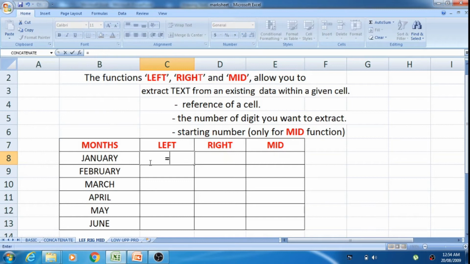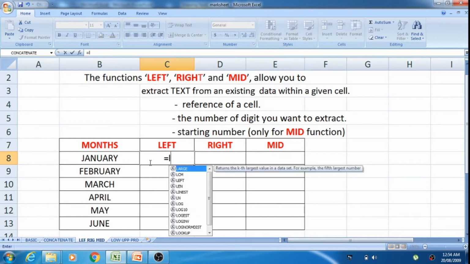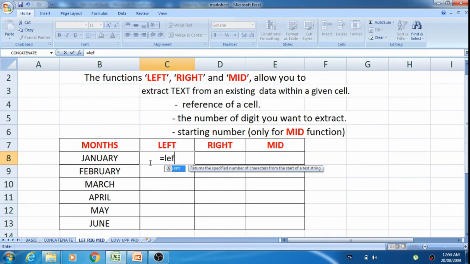So what will I do? Select the cell, press is equal to, type left, select the function. Now in the bracket it is asking me first for the text, that means the reference of the cell on which we will be performing the function. So this is the cell I want data extracted from. Select that, press comma.